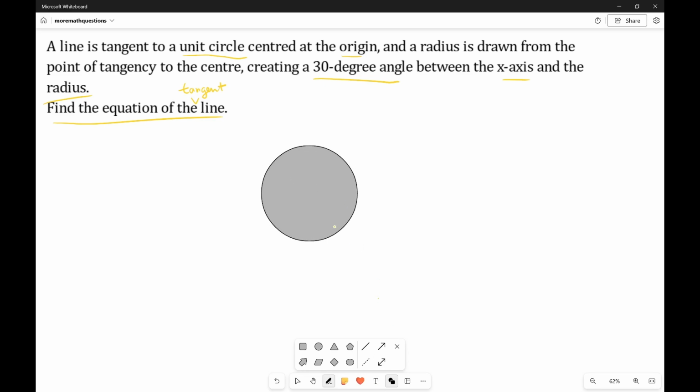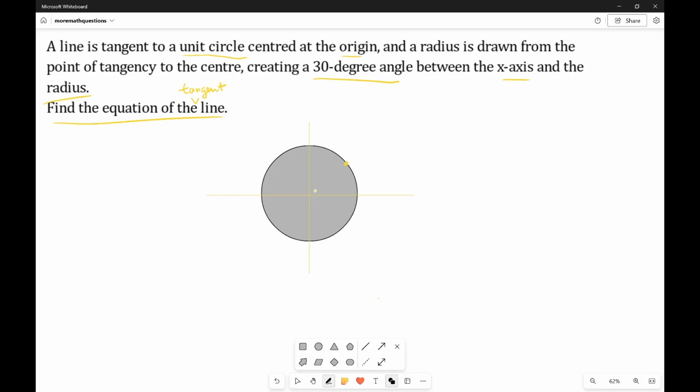Okay, so let's say this is our circle on our unit plane, like that. Then we know that at the point of tangency, so let's say it's tangent right over here,